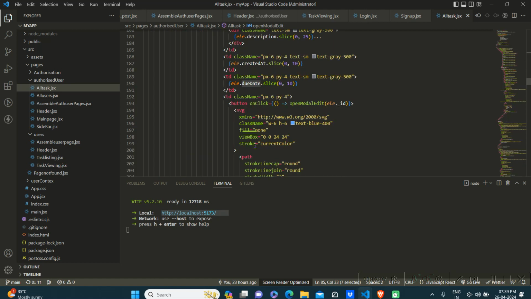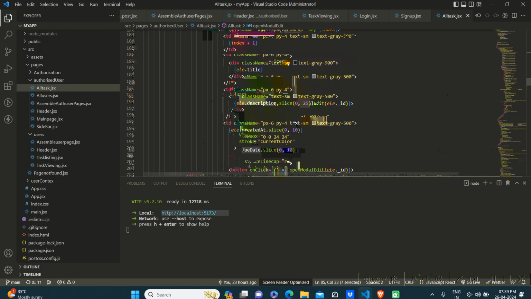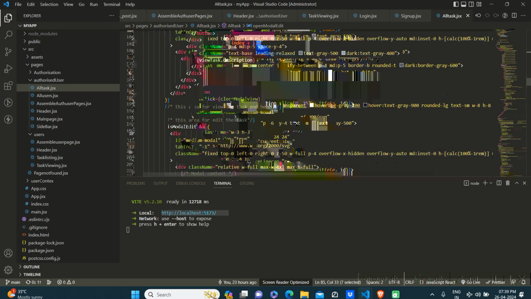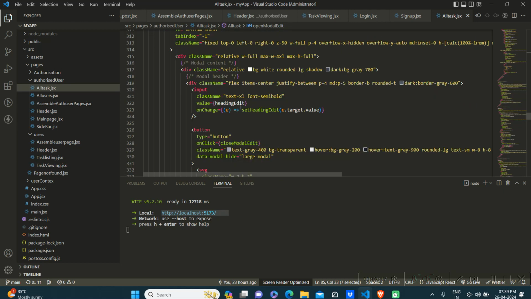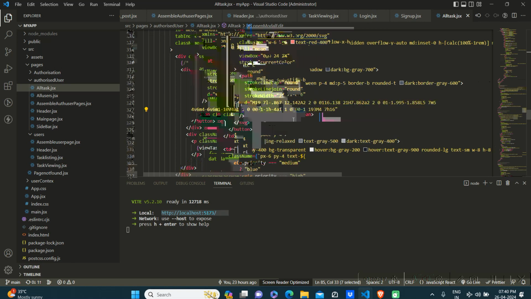from here. Sorry, that's not enough. And there, this part is the open modal editing area. From here it takes all the data, and it will go to the backend area. You can see the set heading edit, and that takes the values and sends them back to the backend area. When I click edit, this functionality will trigger, and it carries all this data into the backend area, and